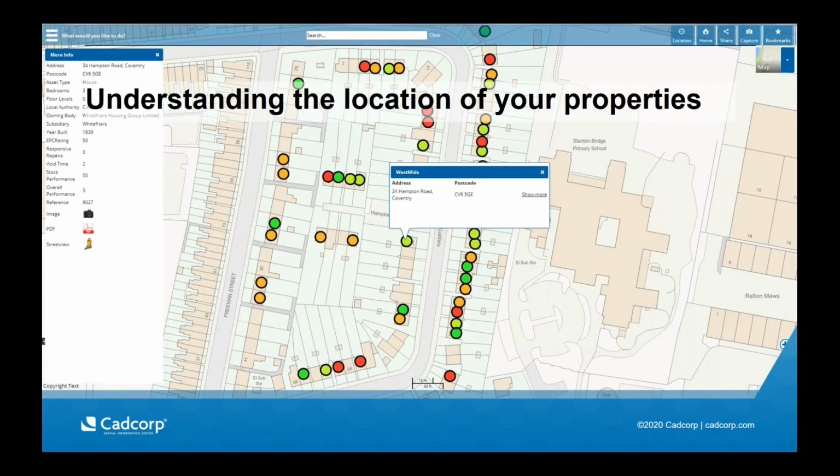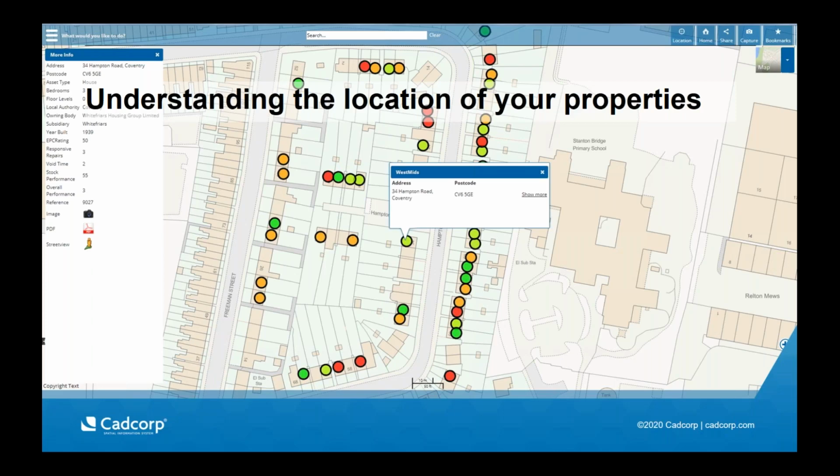So one of the first things a housing association might do with GIS is simply understand the location of properties. And even if you might not have GIS or have a web mapping solution, you've probably loaded your properties into Google Maps or Bing Maps or something else. So you probably have a good idea about the distribution of your properties. But what GIS enables you to do is get them right down into individual address level and put points on a map, which is really important, because many of the